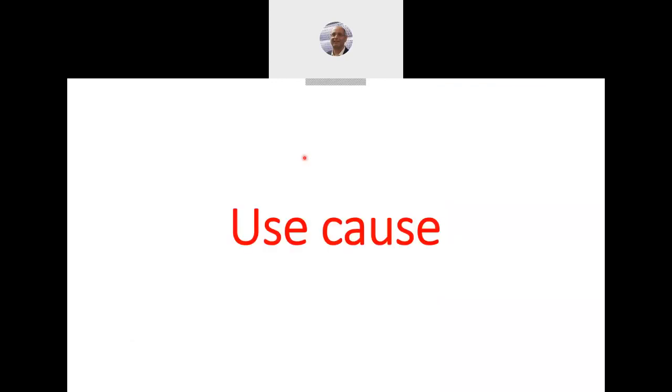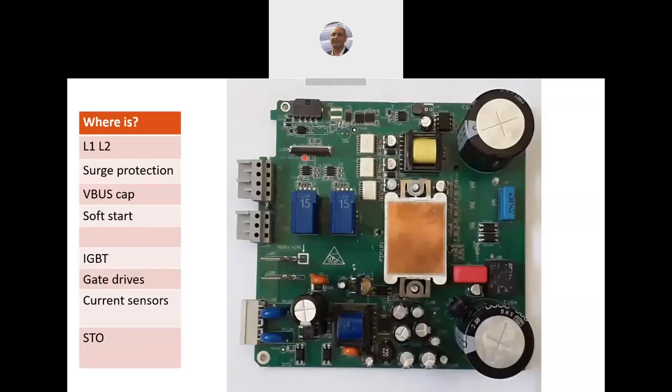So far I spoke about the basic concept of a power stage. Now I want to skip and show you some real industrial example. That's what I call a use case. Usually what I'm doing, and I have done it for many years, I put this power stage on the table and I ask people,